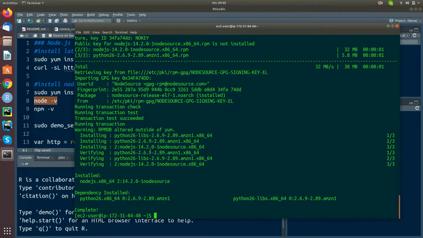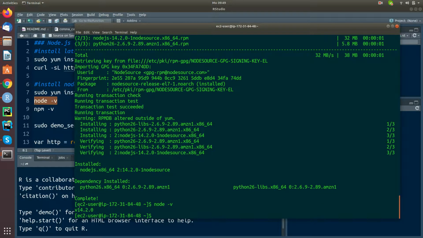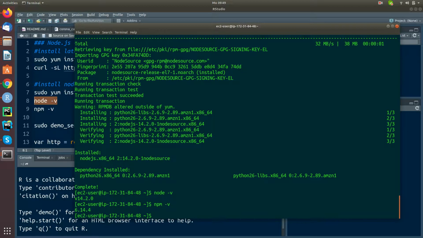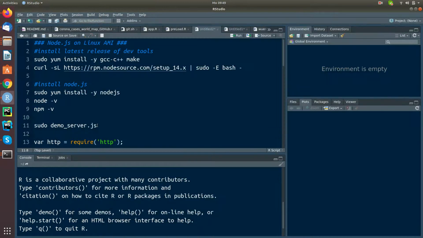Okay, so these two or three steps are everything you need to get Node.js running. You can check just by typing node and the version. So you have version 14. The same for the npm package manager. It's installed in version 6.14.4. All right, that's basically it. Everything you need. Now you can create your first